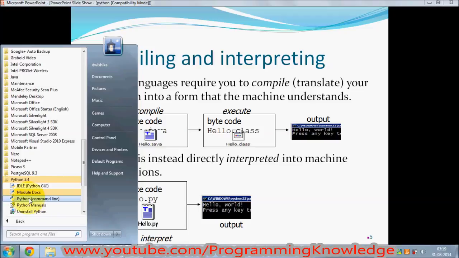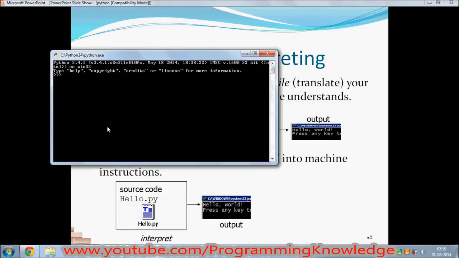There is something called Python command line, and I will click this first. This is a command line tool which you can use to execute your Python scripting language or Python programs, right? So for example, I want to execute something here. What I can do is just print something. So I will write print,